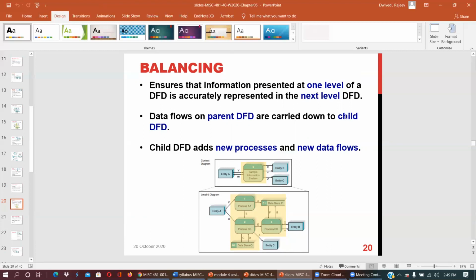So basically context or level 0 is the parent, then the next level is the child. It adds new processes and new data flows. So look into the single process. This is parent, this is child.